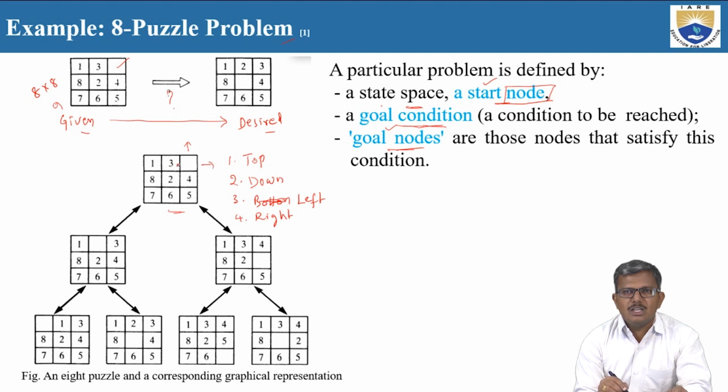Only 2 possibilities are there. Either you can move right, or you can move left, or you can move down. So in the state space representation, or in the graphical representation, we are going to mention the 2 possibilities. So these are the 2 possibilities. What is that? Either you can move this 3 to this particular location, or you can move this 4 to